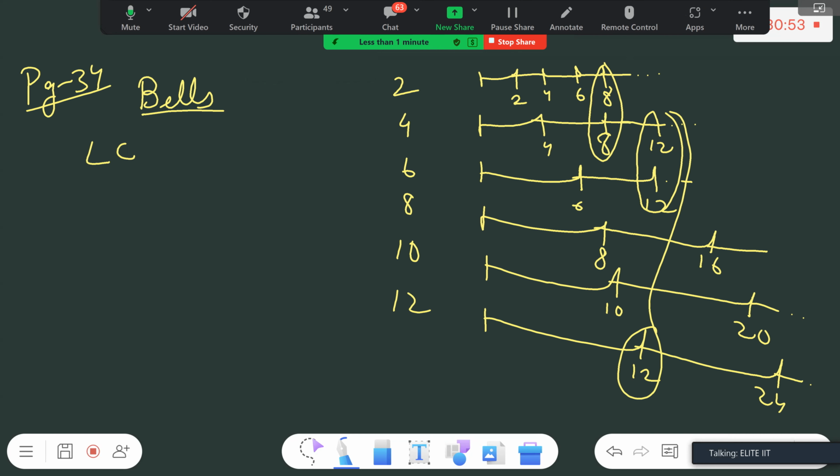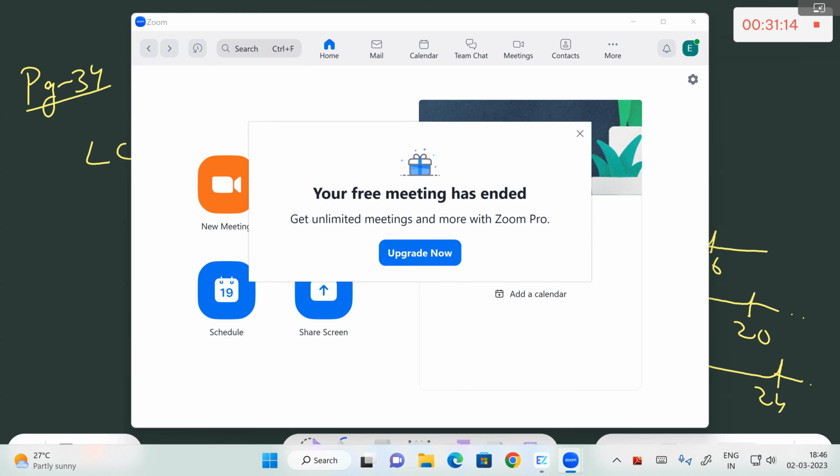With the help of LCM. Is it clear? Why do you want to use LCM here? Because to find out after what time they will all ring together for the first time. Okay? So, to find the answer to that, you have to find the